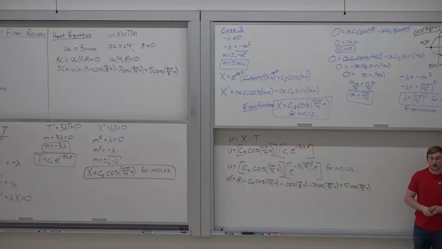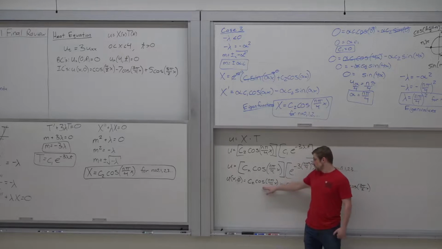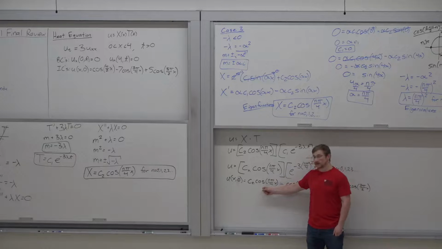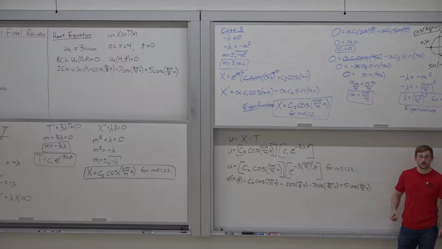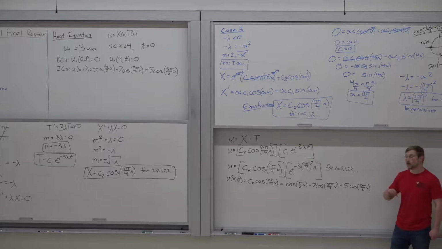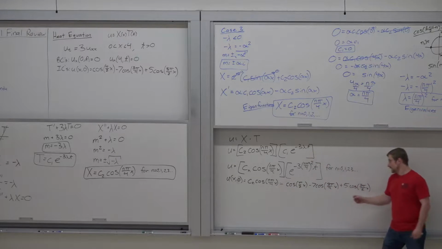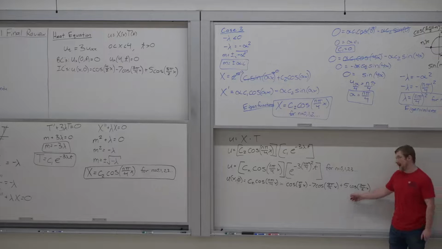So the next step is, what this is saying is, right here I have infinitely many solutions, right? Because I can pick any value of n to plug into this equation. But what this is saying is that it's going to be equal to just these three terms. So I need to figure out which values of n correspond to these three terms, because those are going to be the only values for n that are still valid for the problem after I apply my